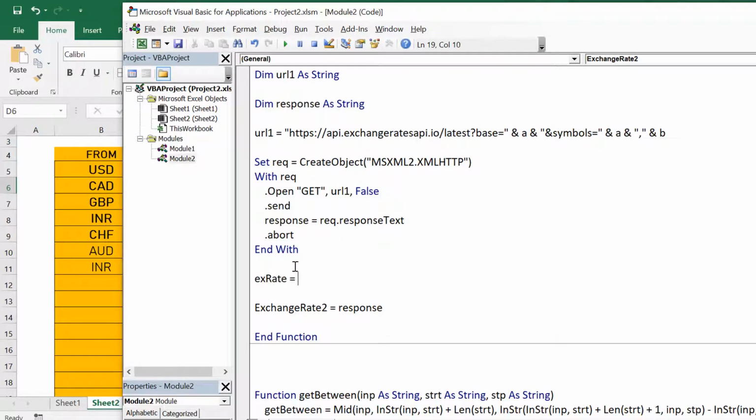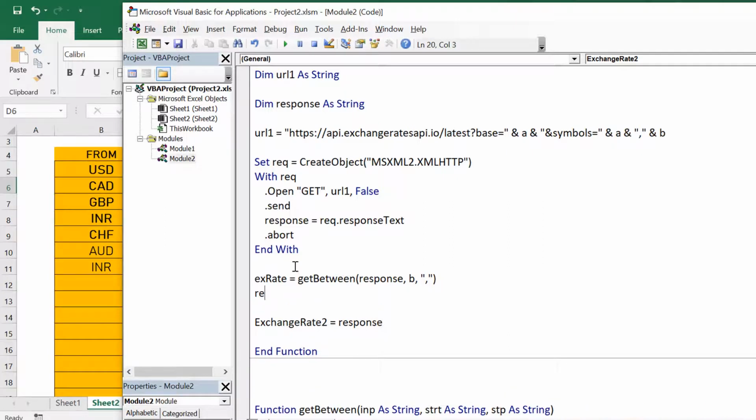Okay, so I'm using this function which I have written. I need to pass this response, and I need to pass the currency which is in B, and I need to pass the second argument which is comma. So anything which is between the currency and comma would be in this variable exchange rate. And then I'm making a response here: my first currency is A, so I'm concatenating it with A, and then a hard-coded string equal sign with spaces, and then the exchange rate which I have just extracted, and then I concatenate a space and then B, which is my second currency.